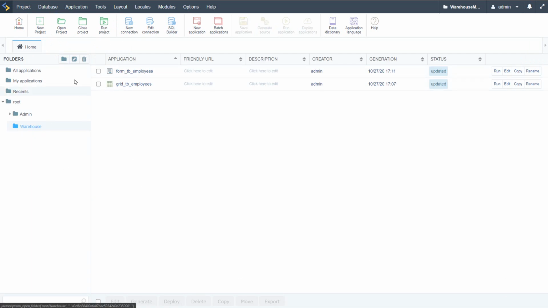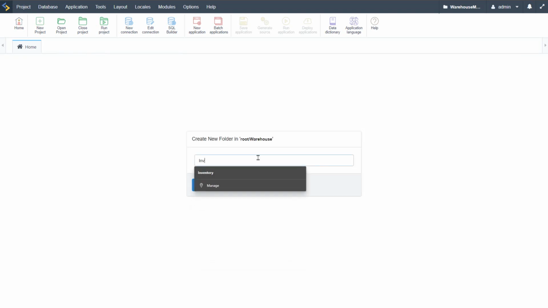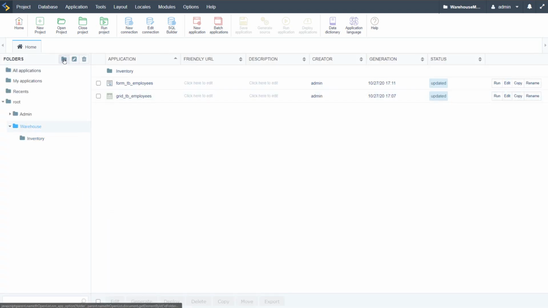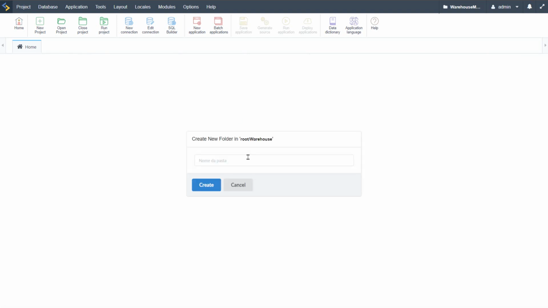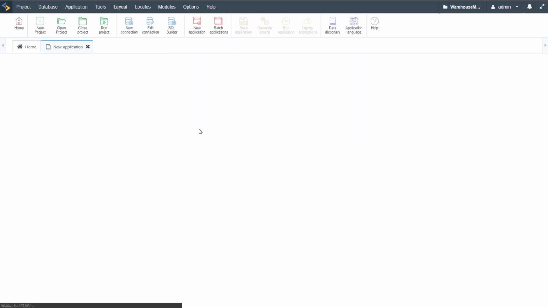And then now what I want to do is within the warehouse folder, I will create two new folders, inventory, and create, come back to warehouse, and then also create inventory movement, and create. Okay, so for the inventory folder, we are going to create a new application, and this will